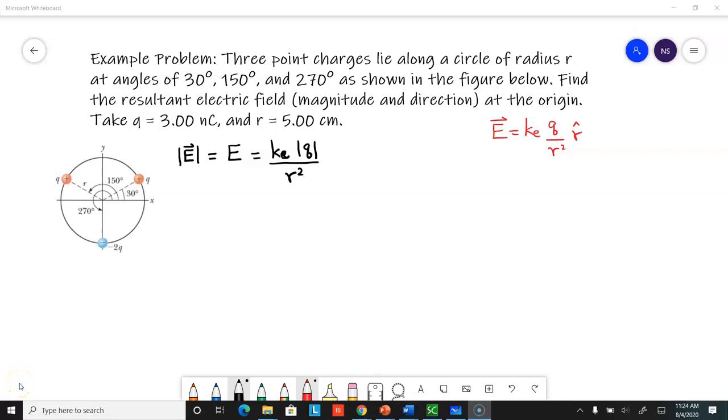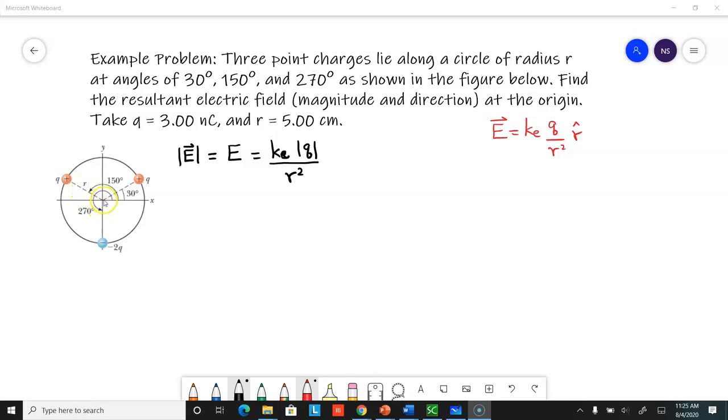Here's a problem with 3 point charges arranged along the circumference of a circle, and they want you to calculate the resultant electric field at the origin. When you just look at it, there is a good deal of symmetry here, so it ends up being an easier problem than most. If you're imagining drawing the electric field at the center of the circle here,